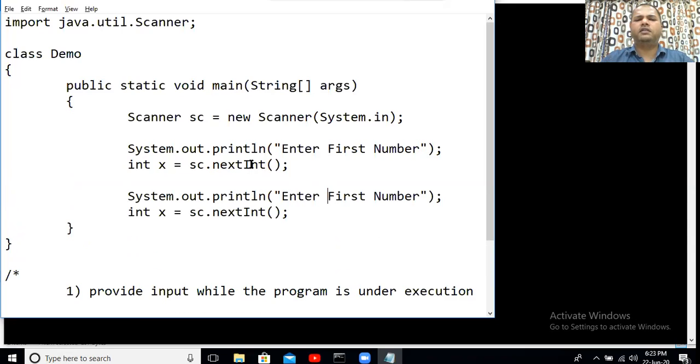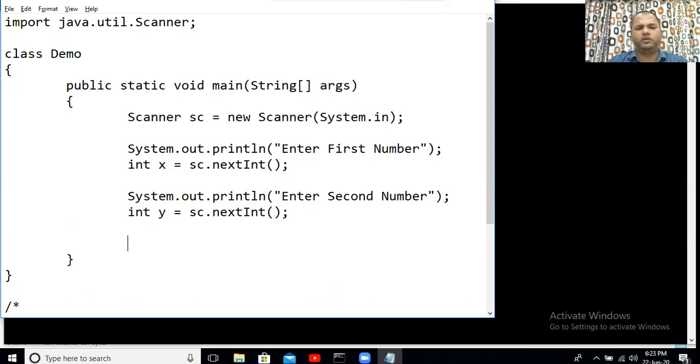So here, instead of saying enter first number, now I'm going to come up with enter second number. We will be creating the second variable here, int y, say, and we'll be accepting that number also.